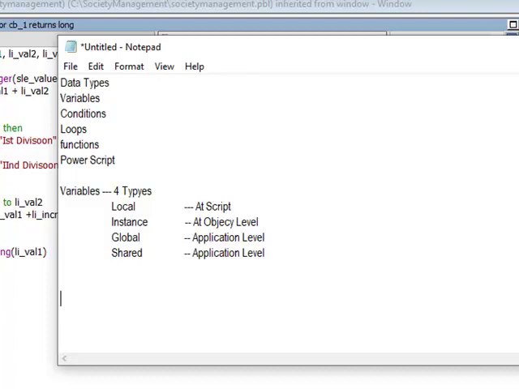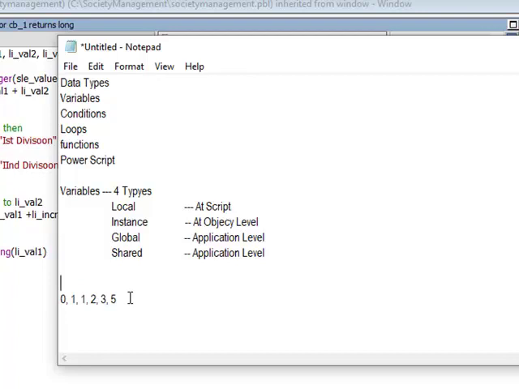It starts with 0 and then 1, two numbers. Then 0 plus 1 is 1, 1 plus 1 is 2, 2 plus 1 is 3, 3 plus 2 is 5. So it will go like that, right?